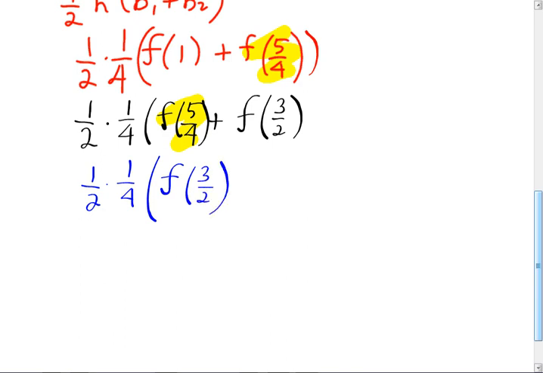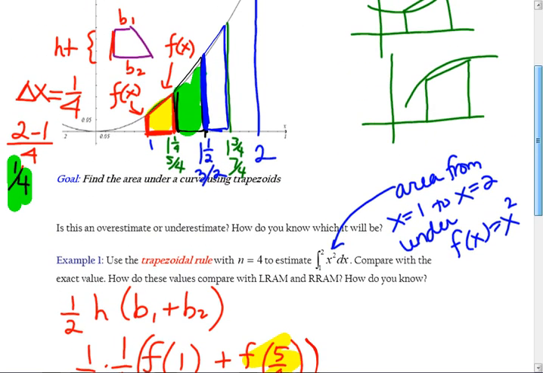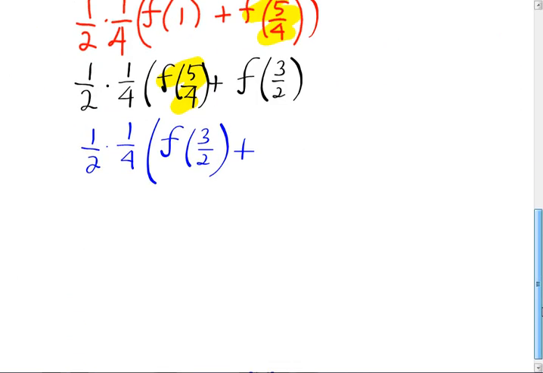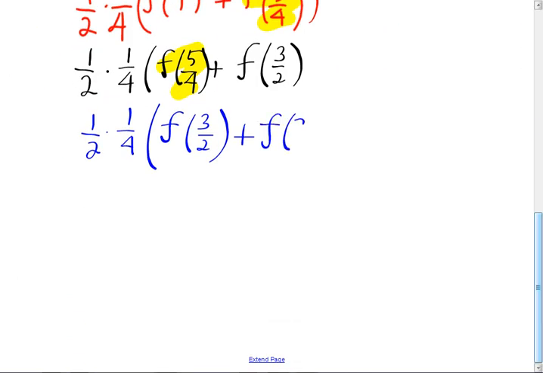And if you get all this part right, you'll get at least 1 point. Plus, we're not done though. And what's the other base? F of 7/4. Okay. And the last one,